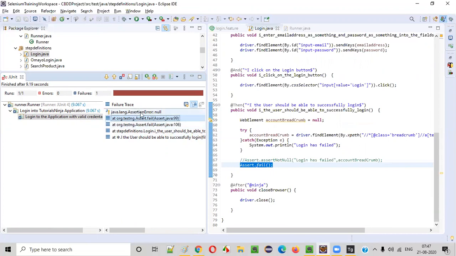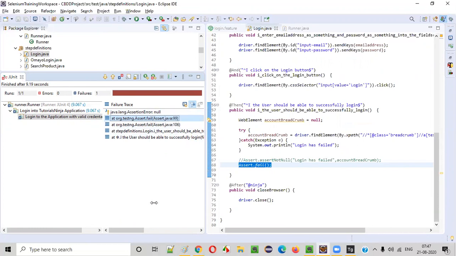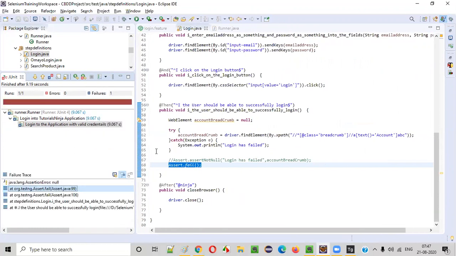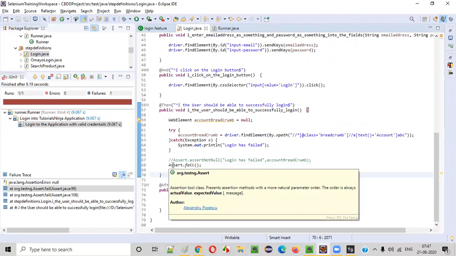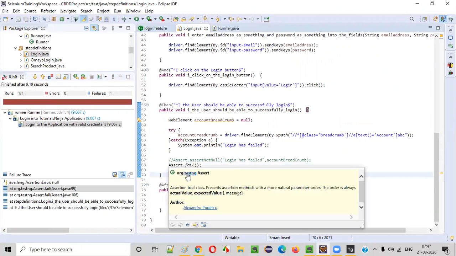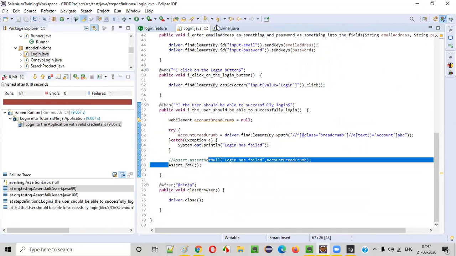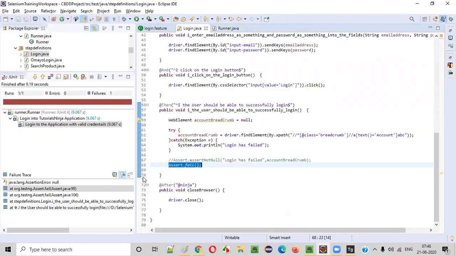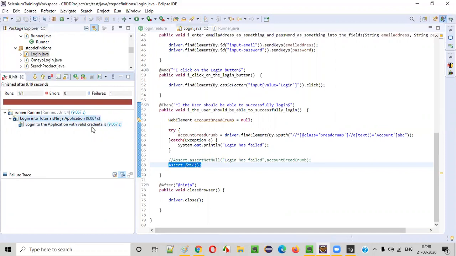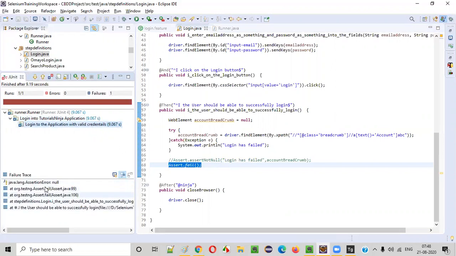JUnit is kind of recognizing it, but this is not the exact assertion you have to keep. If you are using the JUnit results, you have to use JUnit assertions, not TestNG assertions. If you are running this runner class using JUnit, then the assertion should be from JUnit. Then only you will get the proper assertions here, guys. If you click here, you see details are not coming properly.